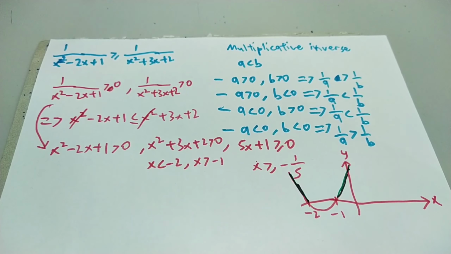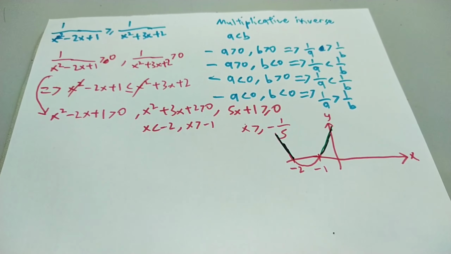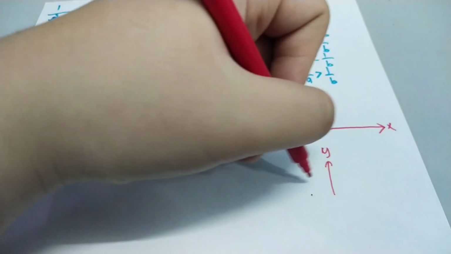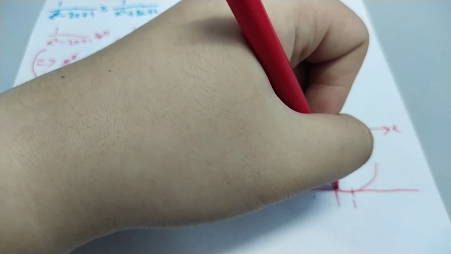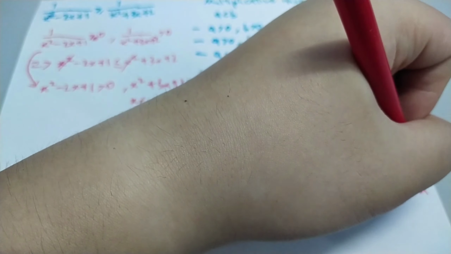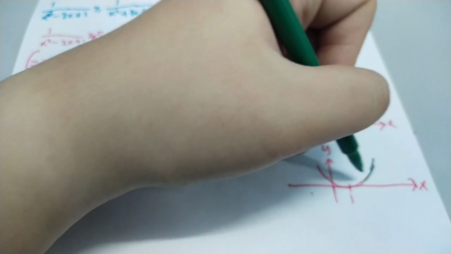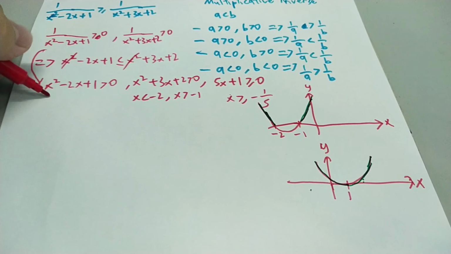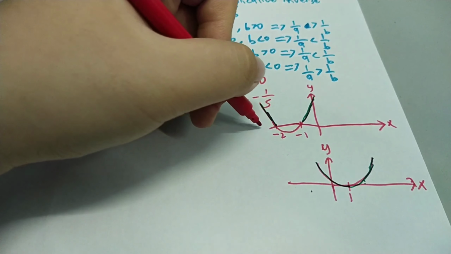For this, now as we can see, this is the same as x minus 1 bracket square. So our parabola is going to be something like this. Then we are going to define the curve above the x-axis. So for here it is going to be x must be less than 1 and x must be bigger than 1. And then if we plot the number line,